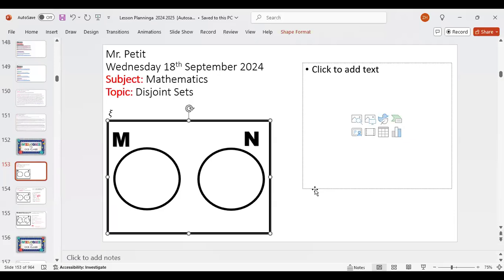All right, so we have M and then we have N. Okay. Next, we're gonna put some elements inside these sets. We're gonna start small, very simple, so we're not gonna overdo it at the first go. Let's say that inside set M we have the number 2, and inside set N we have the number, say, 9.